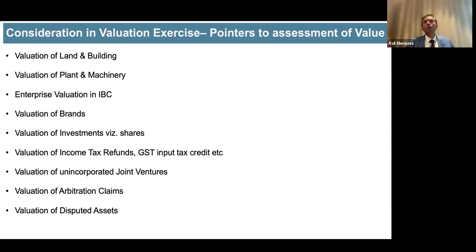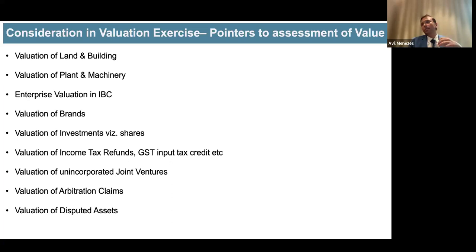Similarly, valuation of brands will always go on the revenue generating potential of the brand. If the brand is out of business for 3 years, then the value would apparently be zero, because brand needs visibility, brand needs business, brand needs promotion. But of course, some brands would have a very steady recall, like Kingfisher as a brand, Jet as a brand, Videocon as a brand, Go Air as a brand. They have high recall value. Maybe after 2 years, 3 years, there may be some value, but a routine brand may not fetch that value, because it doesn't have that recall value, does not have that loyalty or customer base.